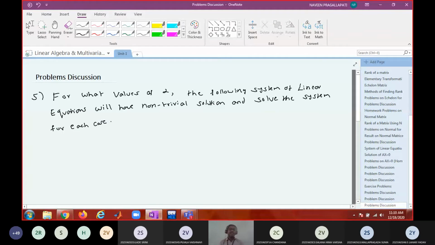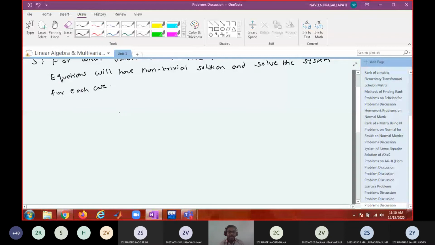For what values of alpha, the following system of linear equations will have non-trivial solution and solve the system for each case. The system of linear equations are given by (2 minus alpha) into x